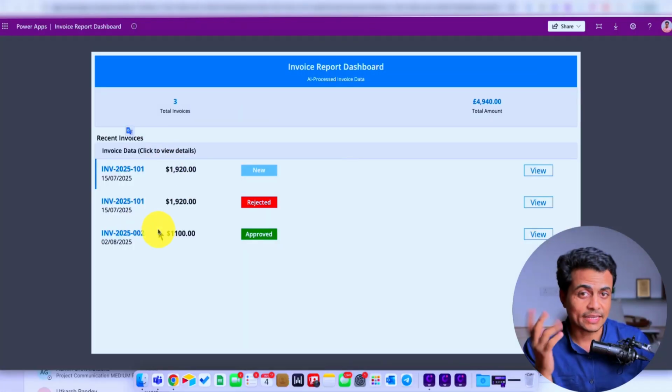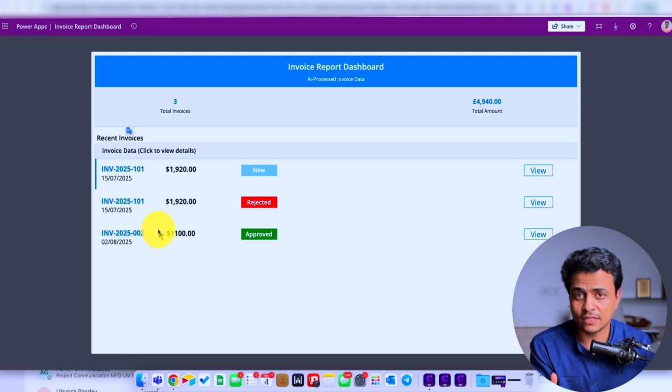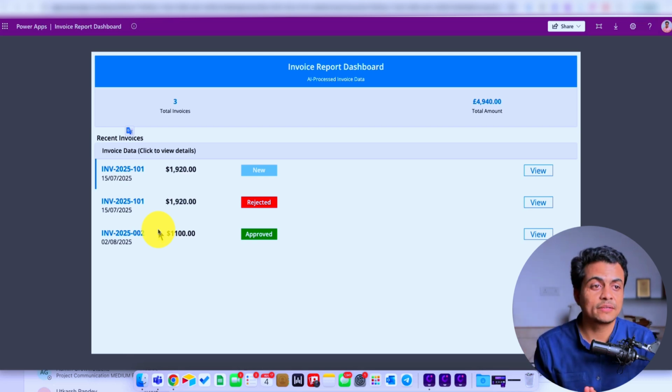We have built a complete invoicing automation that runs in your secured environment using Microsoft Power Apps and Microsoft Power Automate. And how this works, you can see on my screen, I got a total of 3 invoices. They can come from anywhere. They can come from an email. It can be fetched based on particular keywords, with the invoice attached to the particular email, or it can also be uploaded by the vendor on a particular platform, right?